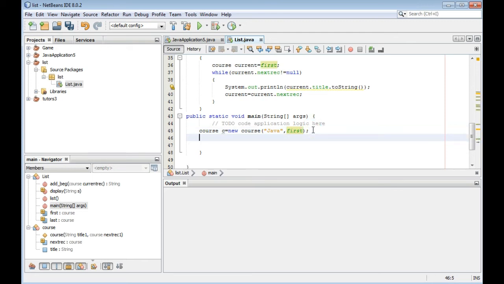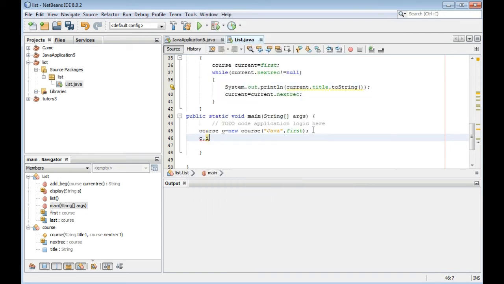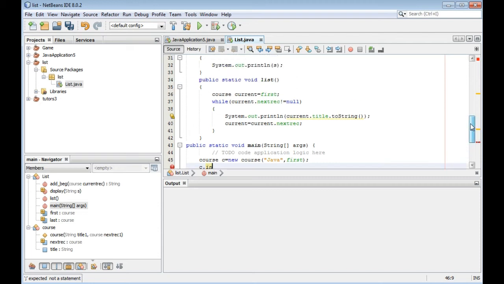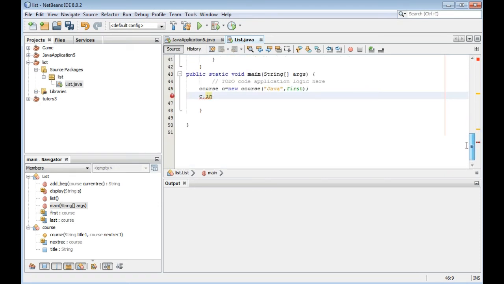Okay, and c dot add. What is the name of the function? Add beginning. So we should add beginning.